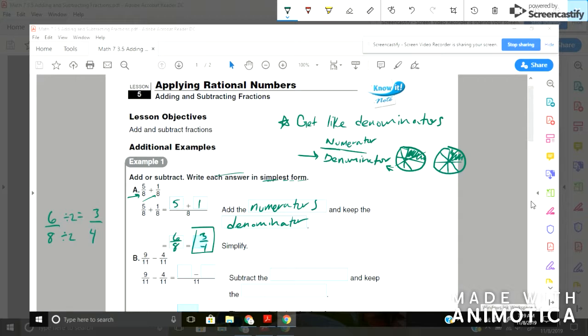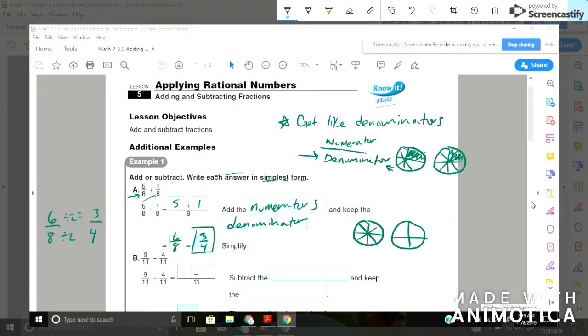All right, and let me just kind of show you that in a model here. So again, I'm going to use the pizzas. It's a really nice one to use. And this one I'm going to split into eighths. So 1, 2, 3, 4, 5, 6, 7, 8. And I'm going to show you that that's equal to 3/4. So this one is going to be into fourths. 1, 2, 3, 4. Okay. So here I have